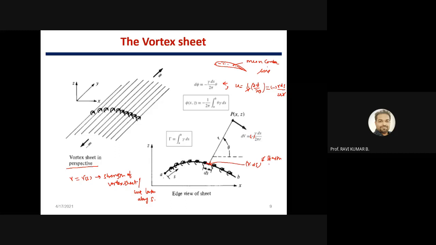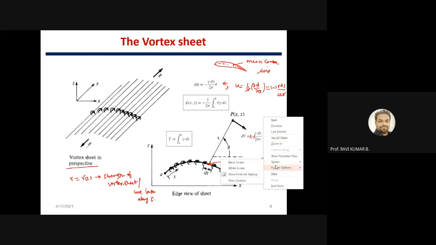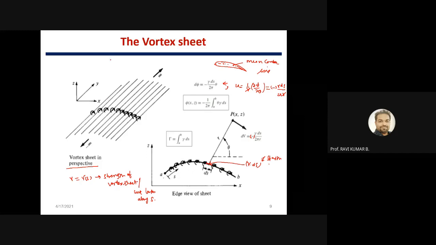Using the tangential velocity, you can find out the stream function. Sometimes they will ask you to calculate the stream function also. That can also be calculated using the same analogy. Keep in mind, they may ask you to find out the stream function also. Here we have calculated only phi. This is u theta equal to this. Then in that case, u theta is minus dou phi by dou r, right? So dou psi can also be calculated.